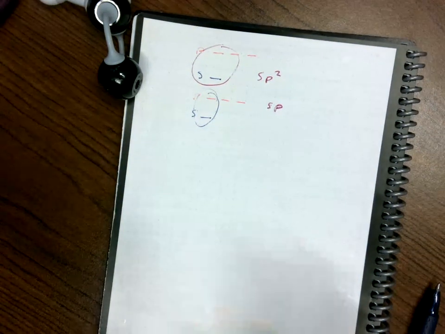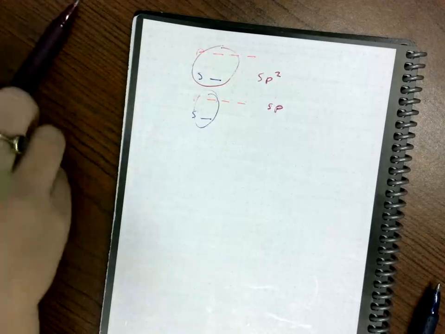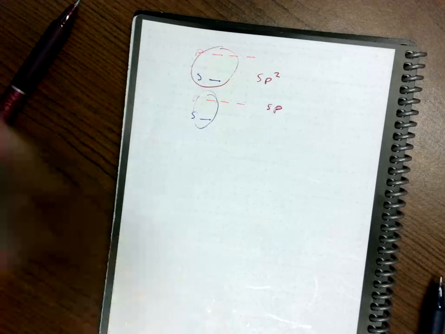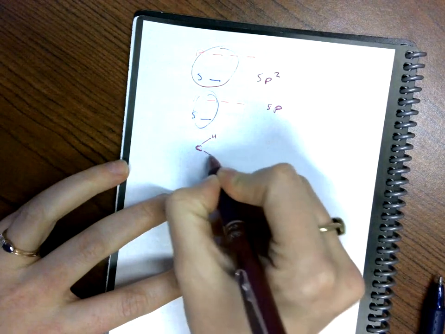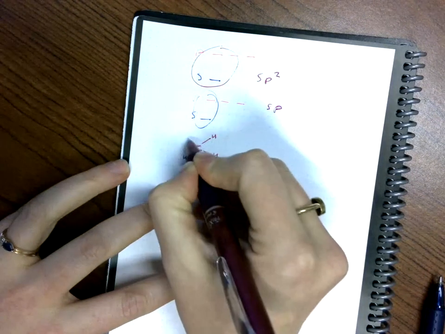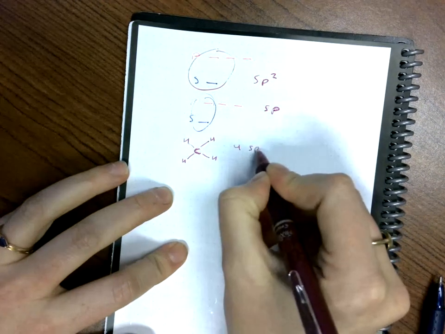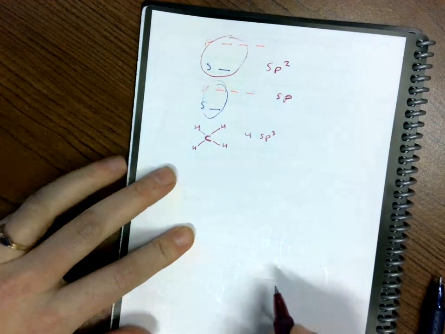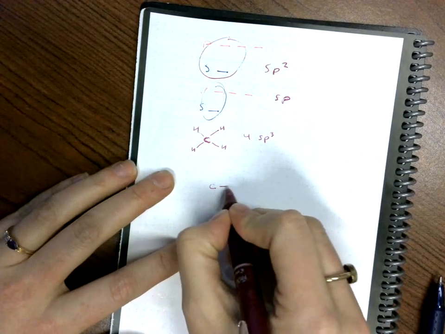So hopefully you can kind of see where I'm going with this, where if we have a carbon that has 4 bonds, that carbon will have a tetrahedral arrangement because it's made up of 4 sp3 hybrid orbitals. But if it only has 3 bonds,